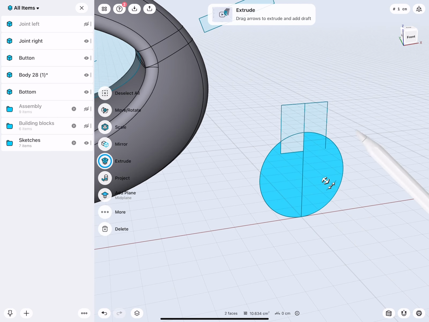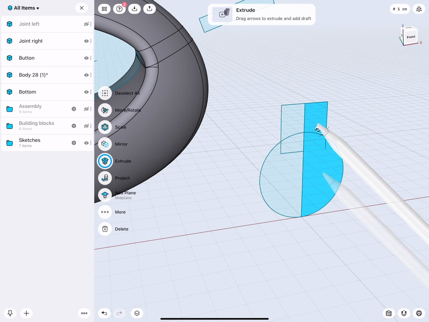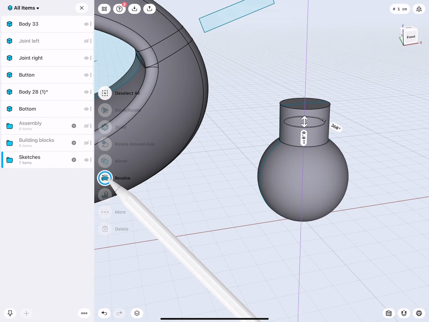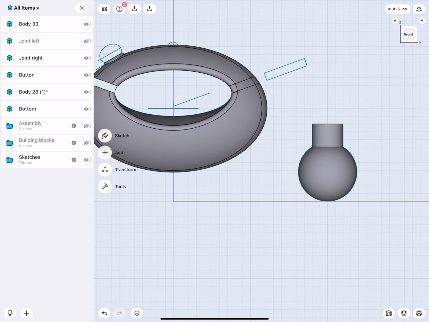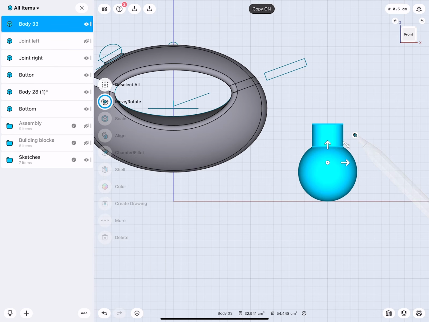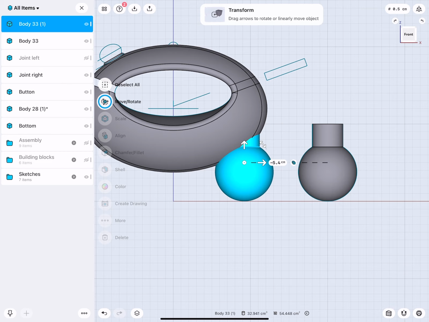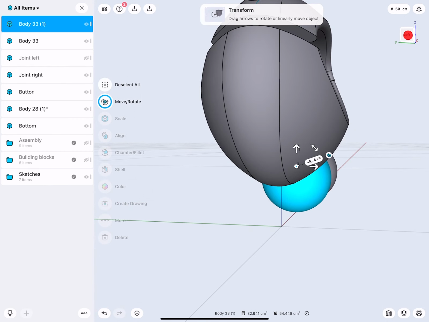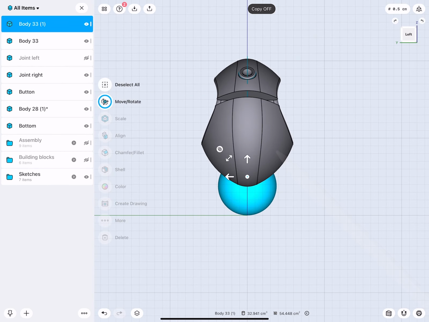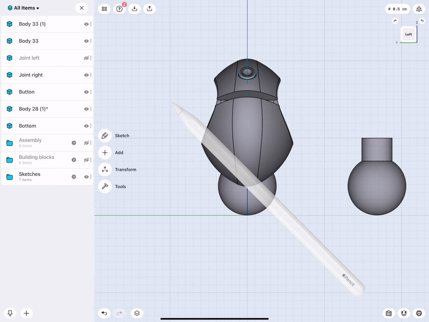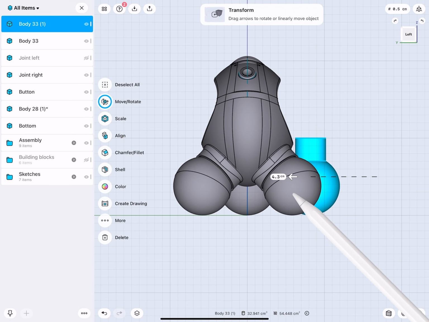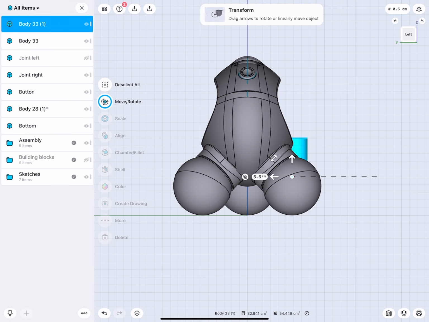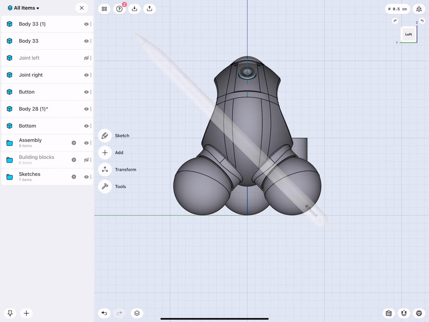Here again, I have a sphere and a rectangle. Very easy. I can rotate this. I drew this one simply this way, so it's very easy to constrain and sketch. And then I make a copy, move this over to where I need it to go. Turn off the copy function, move this to there. And let me turn this one on so I know where it has to go to. Very good. There we are.